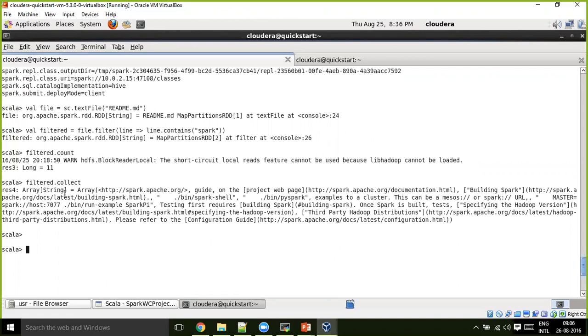And then, again, when you run filtered.collect, it starts from the beginning. It loads readme.md into file, and from that file it prepares the filtered RDD, and from that filtered RDD, it prints the values.